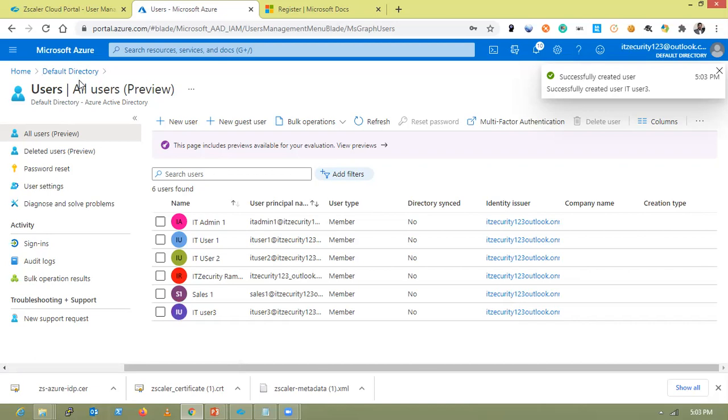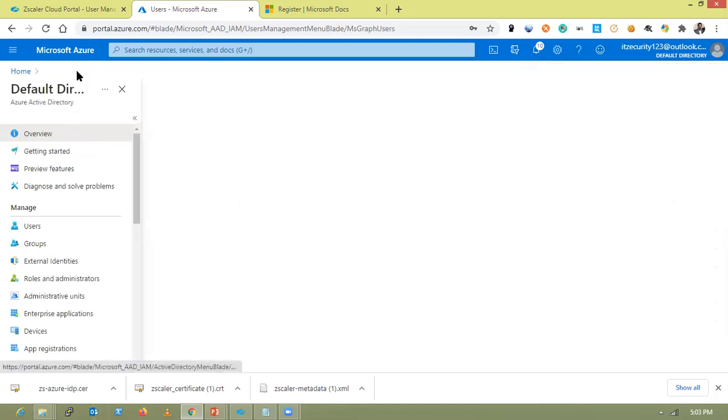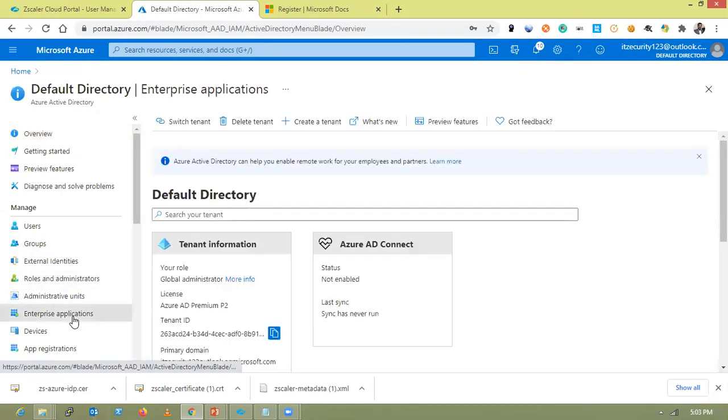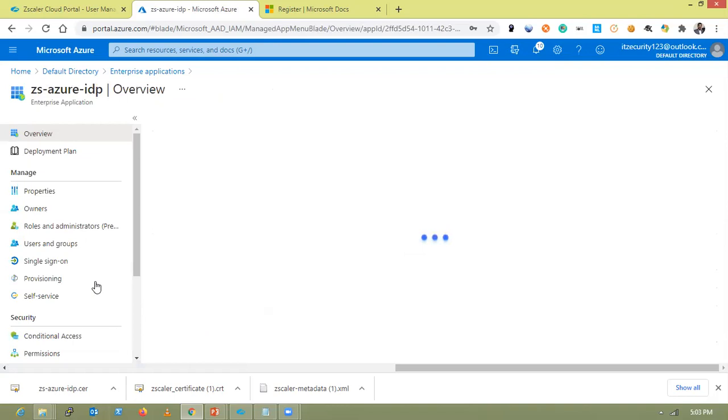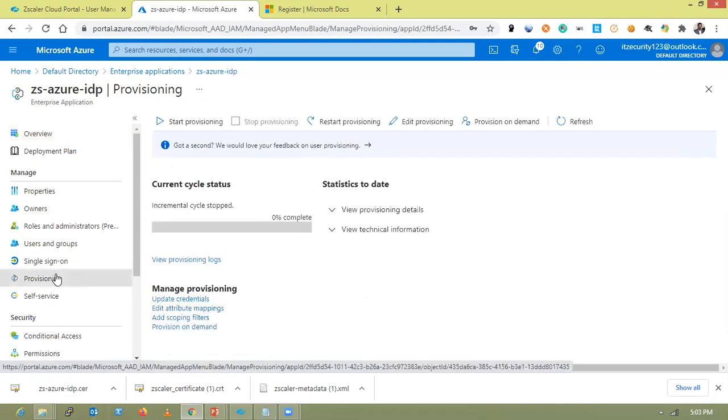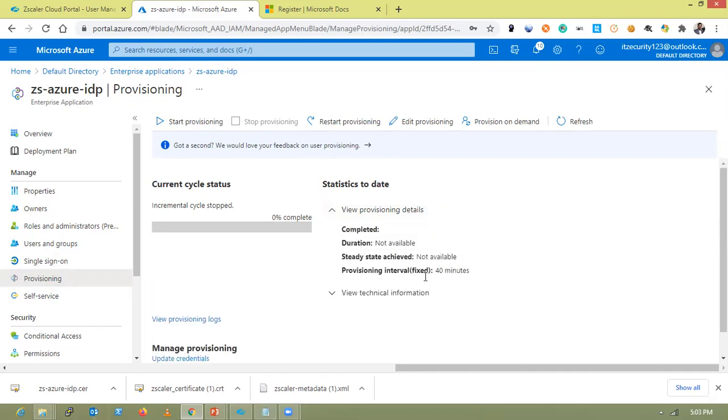Once this is created, you can go to default directory, enterprise applications, Azure IDP. Under provisioning, you can verify if there is any change. Okay, the provisioning interval will be 40 minutes. So what you can do is start provisioning once again, which will auto provision if there are any changes.